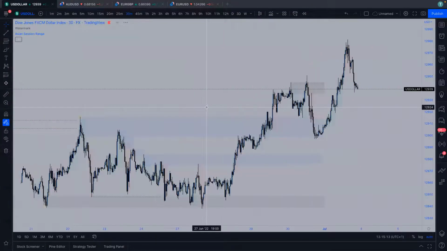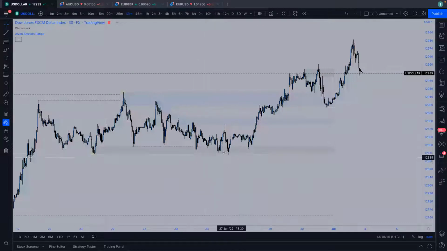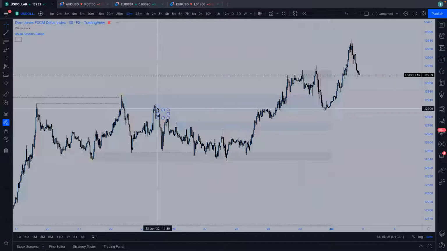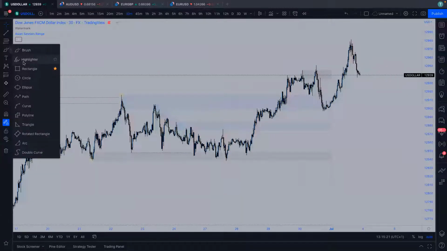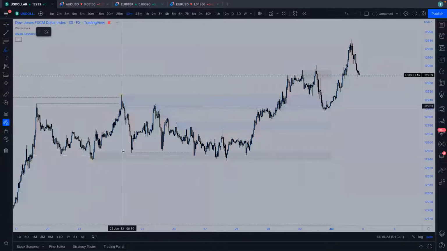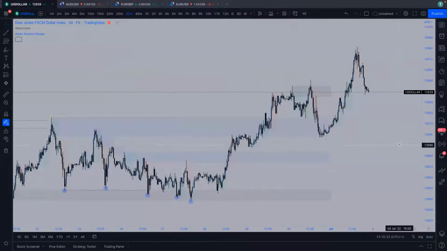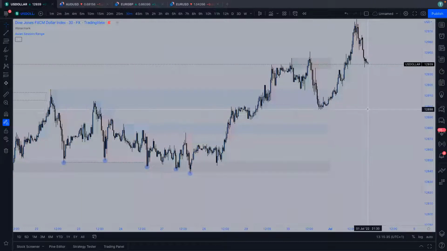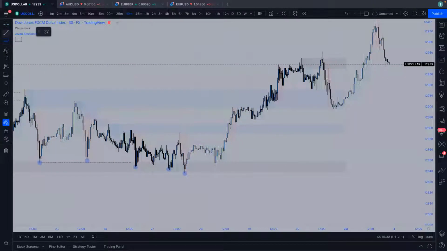On the US dollar, first of all, I thought we were going to break this level and we didn't. And you can see there was a really nice accumulation that played out. First of all, we had this low manipulated, and this one, and then this one, with this here, then here. Cool. So even though we didn't get a full break of structure, we did have some sort of shift in momentum here.